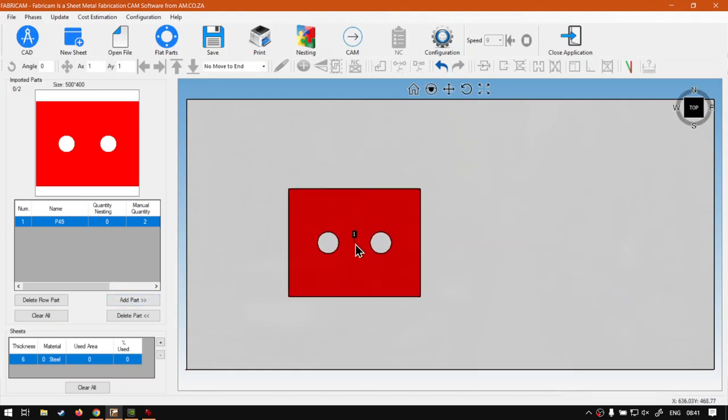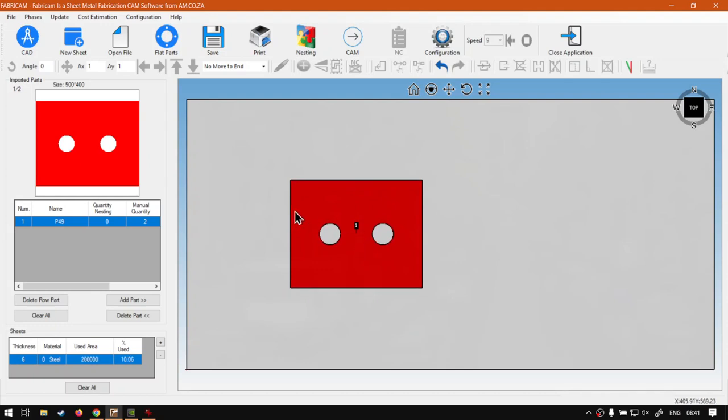Put it a bit off center to the left. Now this will work with any part with multiple holes inside. If you only have one hole, it's not really going to do much, as this is the sequence of the holes being cut. So now with the part inserted, I'm going to go here to CAM, open this, and then right off the bat, if I zoom in here for you guys,